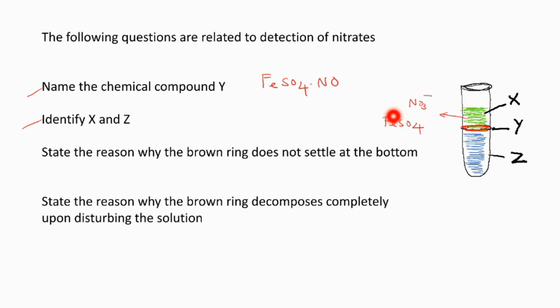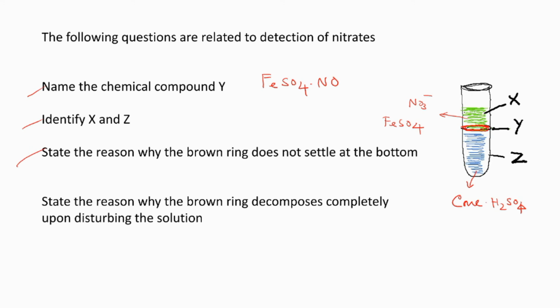The reason is that when exposed to the atmosphere, ferrous sulfate will be easily oxidized to ferric sulfate. Ferric sulfate will not give this brown ring. That is the reason we are using freshly prepared ferrous sulfate solution. You can memorize that also. And the layer Z will be containing concentrated H2SO4. We had discussed that. Read the next one.